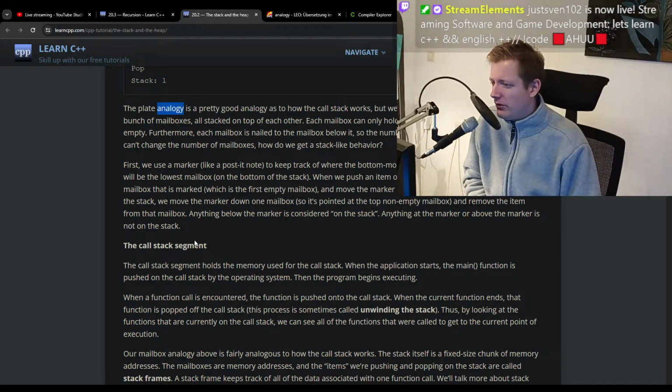First we use a marker, like a post-it note, to keep track of where the bottommost empty mailbox is. In the beginning, this will be the lowest mailbox. When we push an item onto our mailbox stack, we put it in the mailbox that is marked, which is the first empty mailbox, and move the marker up one mailbox. When we pop an item off the stack,